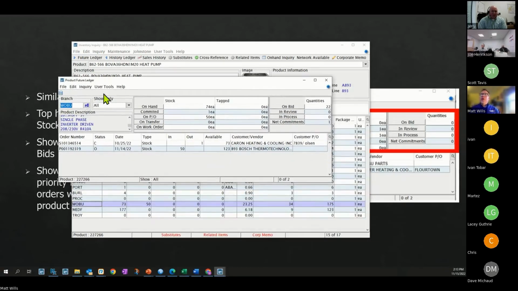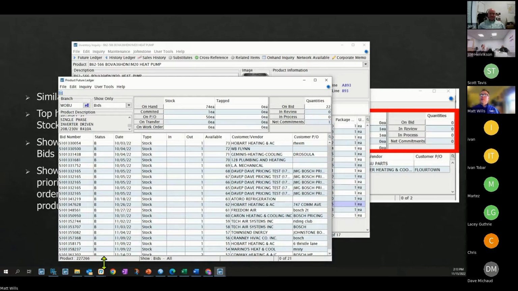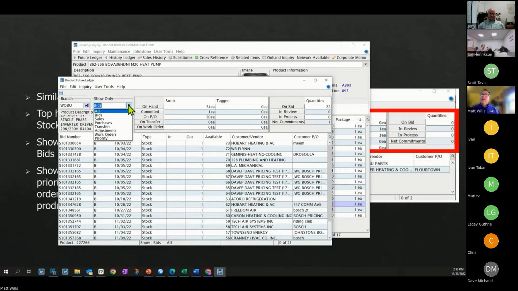Okay, so in the show only filter, two cool things I think are, one, I can say just show me bids with this product. See, all these sales orders are bid status. So that might come in handy. And then